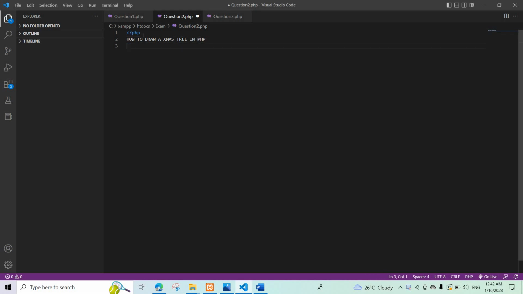Okay, today I'm going to show how to draw a Christmas tree in PHP. To start off, we need to open a PHP tag. Okay, and then the easiest way to do it is by